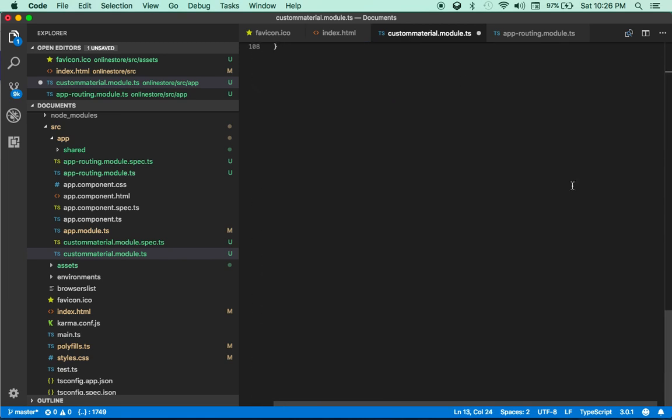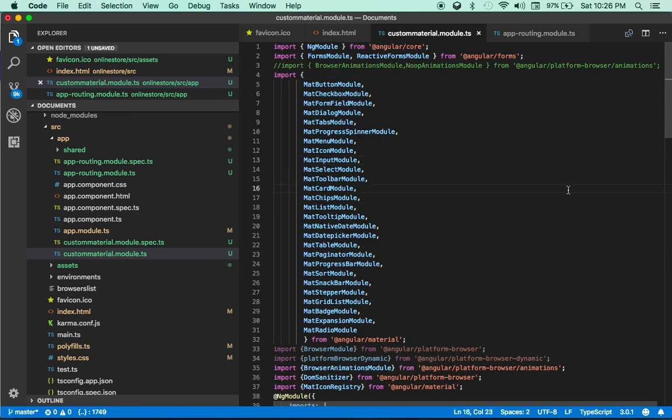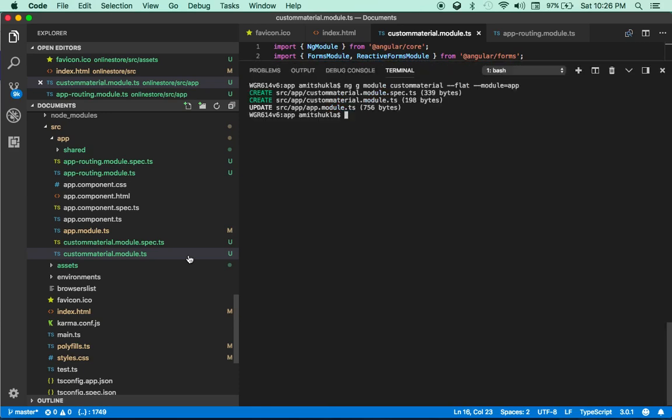As you can see, it looks good. All I'm going to do is save. And now you can use Angular Material. That's all that is required from the Angular Material perspective. It may look like a lot, but once you get used to it, it's very, very easy. Now you don't need to worry about installing anything from the Angular Material perspective. All you need to do is go back and write any Angular Material code you like, and include that. That's pretty much it. So at this point, if I do an ng serve,